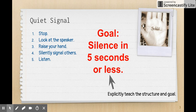So real quick before we get started, I wanted to remind you about your quiet signal. Hopefully you have this working smoothly in your class. Again, the goal is always silence in 5 seconds or less. If this is not working in your class yet, it is worth taking the time to practice and really mastering,